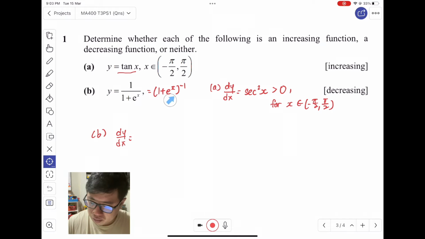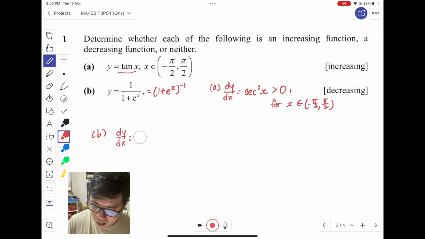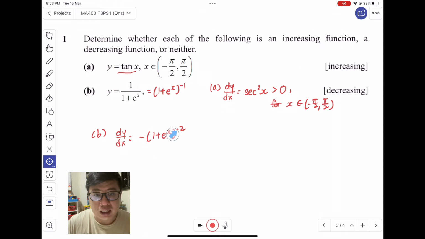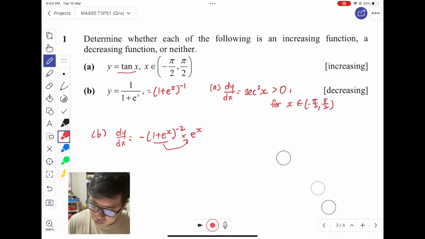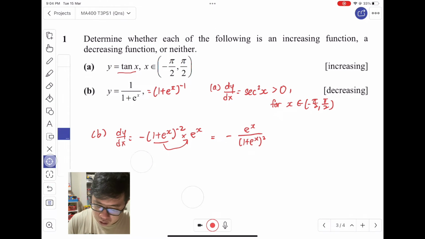So I have 1 plus e^x to the power negative 1, and from here bring the power in front, power drops by 1, and following which I differentiate the inside by doing chain rule, and I have e to the power of x outside. Okay, this simplifies to negative e^x over (1 plus e^x) to the power of 2,